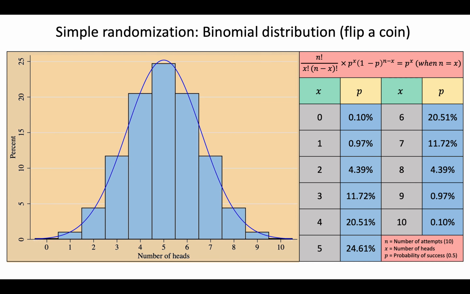And then there is another important distribution, which is the binomial distribution, and it's exactly what happens when we flip a coin. So this experiment is actually quite important in statistics, because many of the experiments in clinical research, obviously we are not going to flip a coin, but they are based on this concept, on the concept of flipping a coin. For example, the fact that